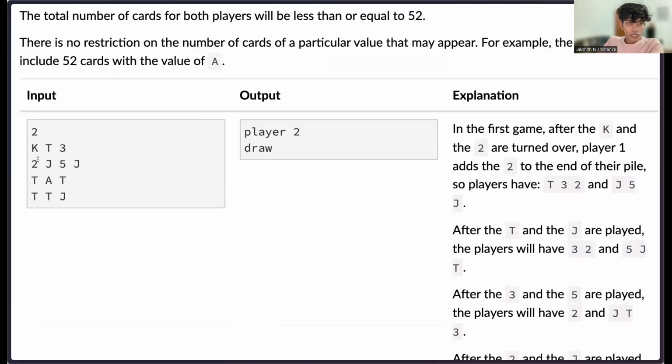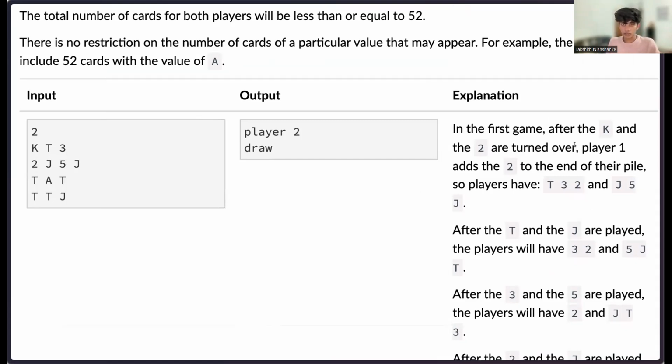Okay, so in the first test case, the first player has K, T, 3, the second player has 2, J, 5, J. In the first game, on the top there will be K and 2. So both players will turn over K and 2.